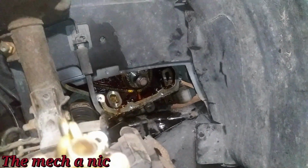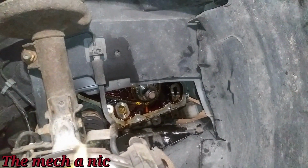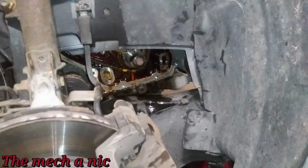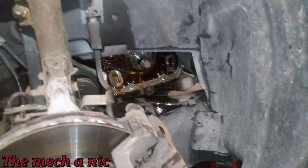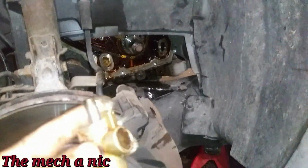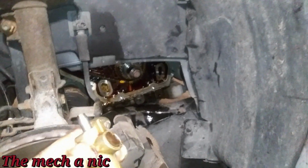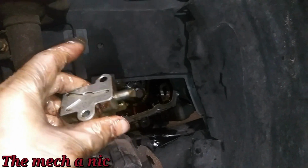Honestly, guys, if this were me, all of this would have got replaced all at once. You know, both the chains, all the guides, the water pump, everything. Just knock it all out at once. But again, when a customer is on a budget, it's kind of hard to keep pushing things, right? It's kind of hard to say, okay, you need this and this and this and this and that. So I took this off because I figured since the issue that we have in this engine with all this gunk, I checked the oil port coming to the back of this thing, and it seems to be...